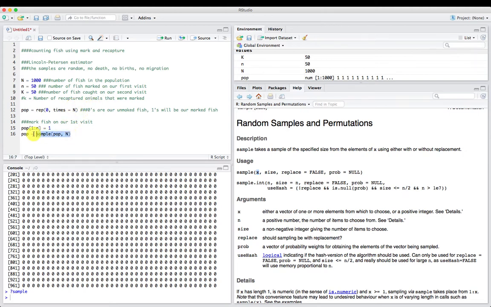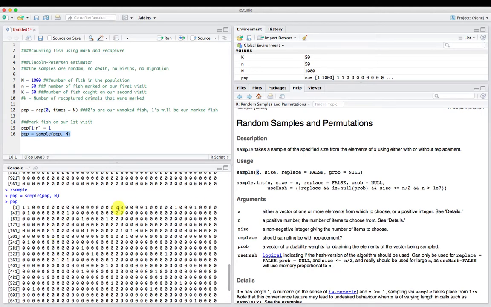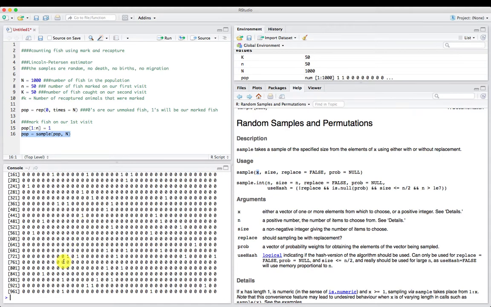All right, so when we do this, you'll see that our population now has the ones randomly mixed into it. And that's supposed to simulate, say, okay, the fish that we put back in aren't just all hanging near shore again, where they're going to be caught easily again, but they have dispersed into the population. Okay, so when we come back on our second visit,